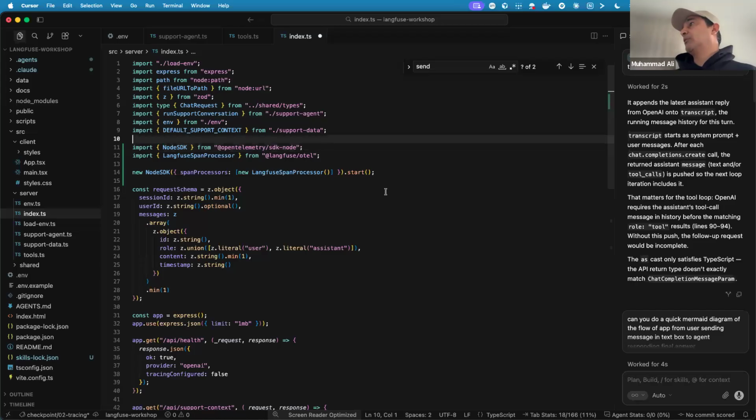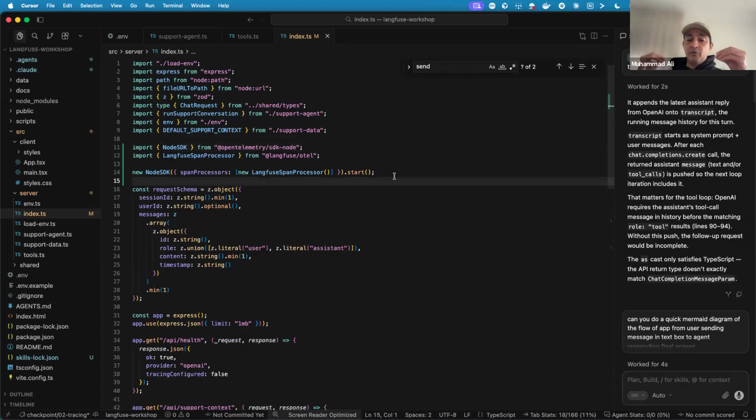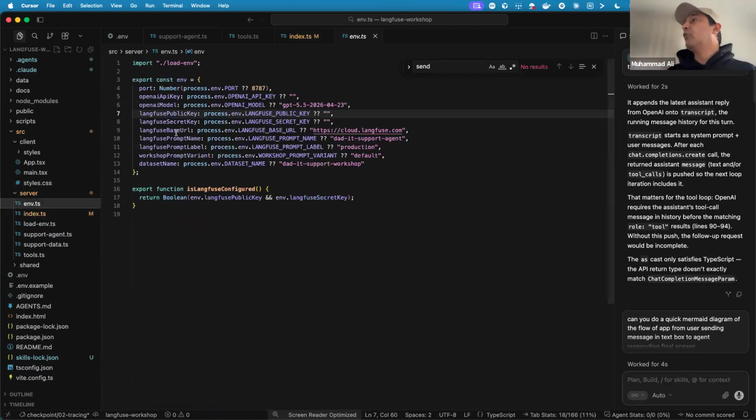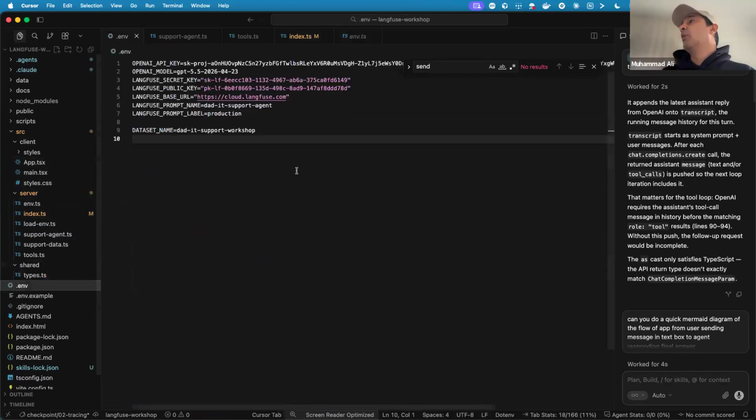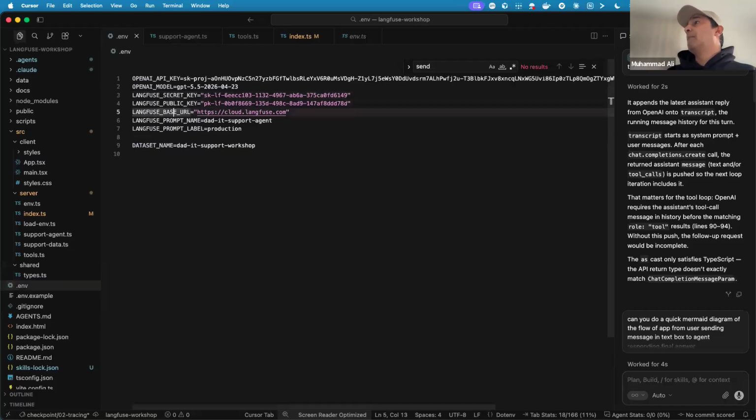Now the Langfuse SDK is loaded in memory, and it loads the env file. From the env file, it knows the Langfuse base URL it needs to connect to, and the permissions come from the secret key and public key.